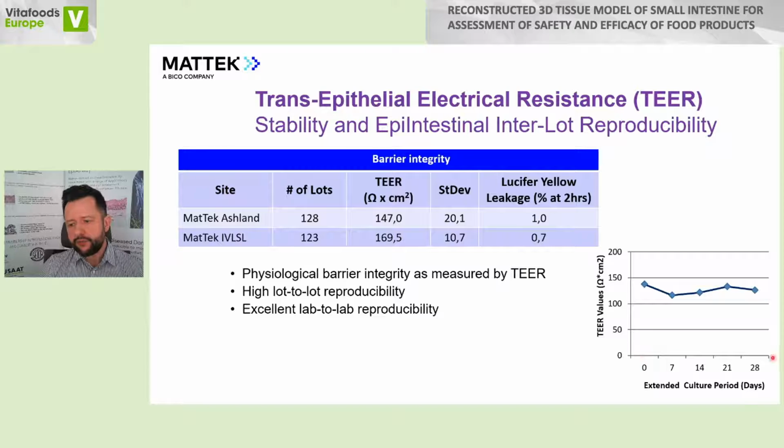You can see here over the period of 28 days, it only changes very slightly. In the main table, you just see the comparison of these parameters in many of the lots produced at 2 different sites of our company, in US and in Europe, over here in Bratislava. You can see that these TEER values are quite similar to each other, the averages, and